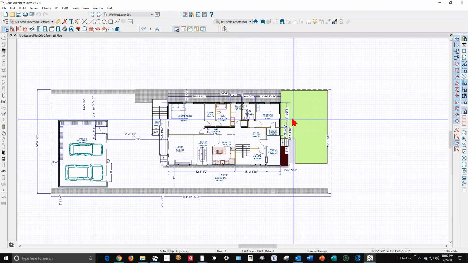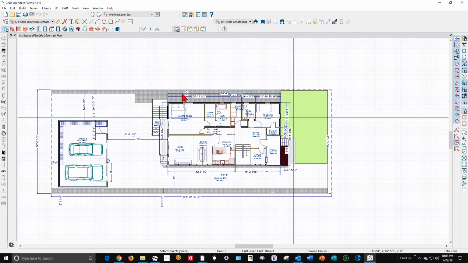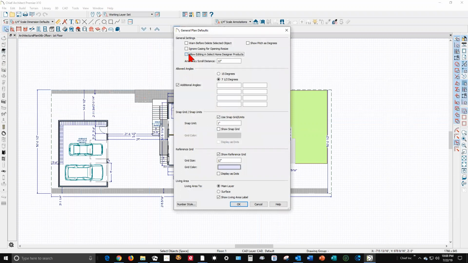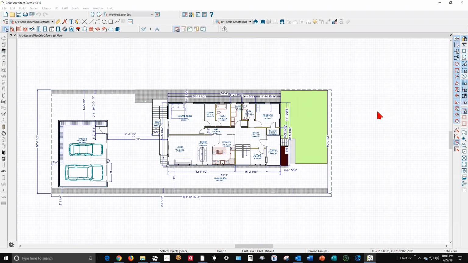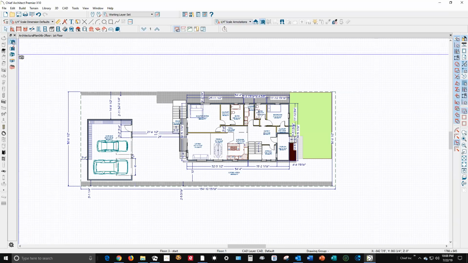Hi, I've got your plan open in Sheep Architect Premier X10. I don't currently have a working copy of Architectural, but I'm going to program your file so that it can continue to be edited and viewed in Architectural when I'm done. So I'm going to go to an overview camera, your plan,